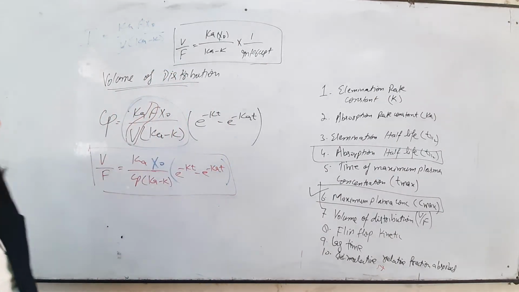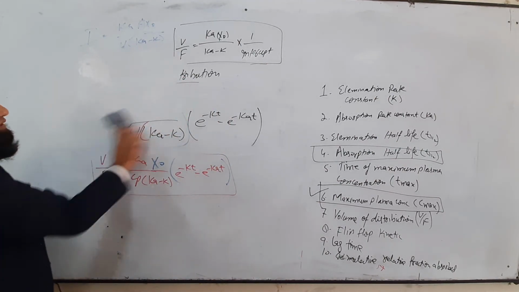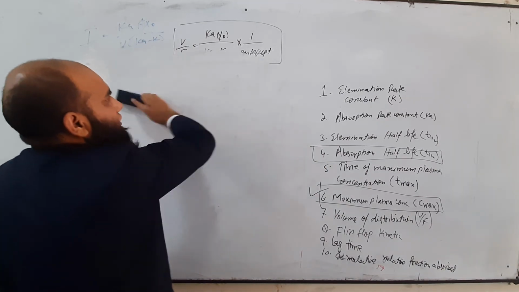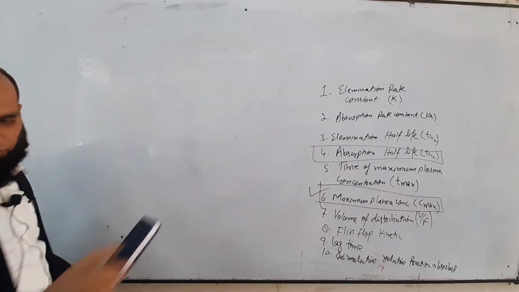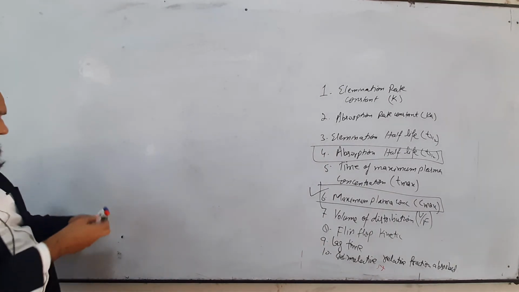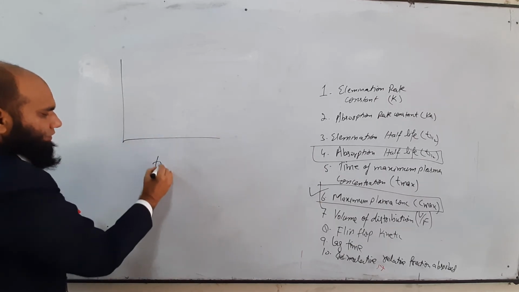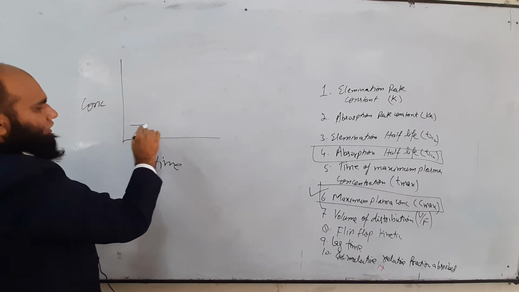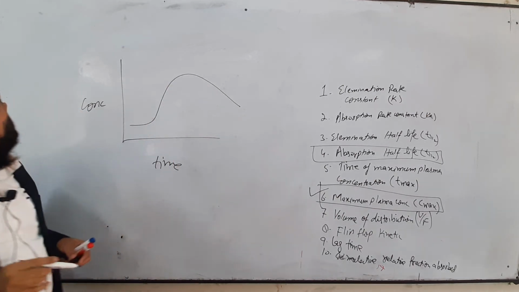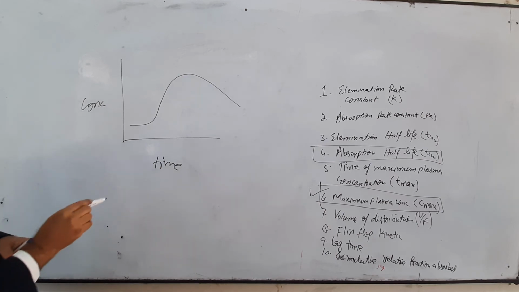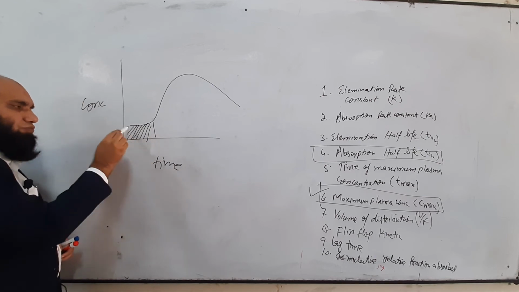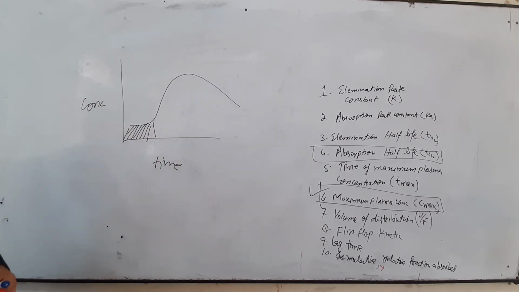And the other concept is lag time. Lag time is that time where the drug is present in a negligible or very small amount. For example, when we see a profile of the drug, there is time on one axis and concentration on the other, and we observe the concentration of the drug starting from here. We can assume that this is the portion where the drug is present in negligible amount, and this time is called our lag time.